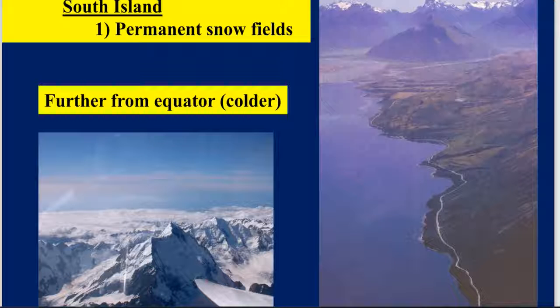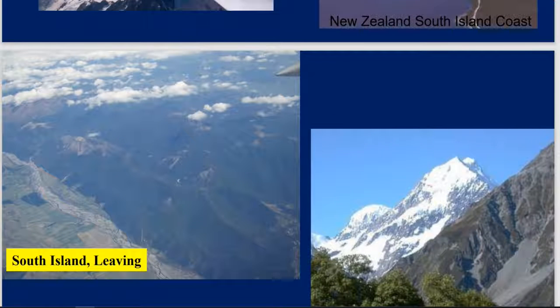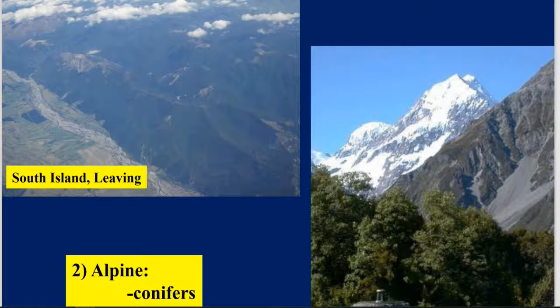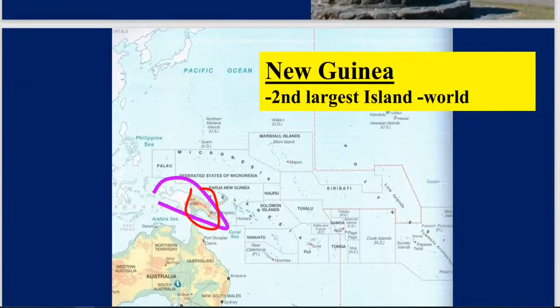It's colder south, but it's closer to Antarctica, which is just the opposite of the northern hemisphere, like Alaska, which is closer to the North Pole and it's cold. So it's further from the equator. That's why it's colder, and it has significant mountain peaks, as you can see. Snowfields, alpine forests in between the mountains, a lot like Colorado, if you want to picture that with all the evergreen trees in between the mountains.